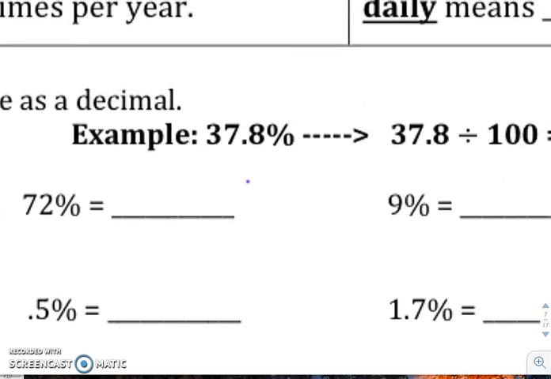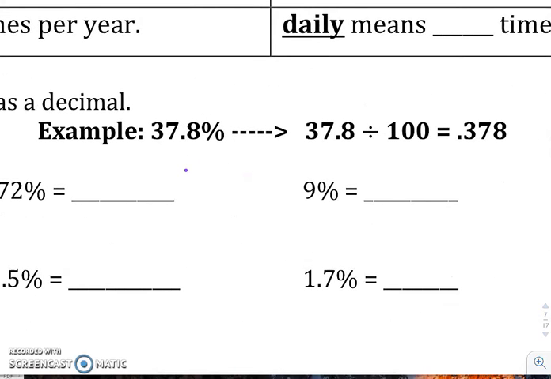So if you were given 37.8%, that's out of 100. So you take 37.8, divide it by 100, and you get 0.378. Whenever you divide anything by 100,